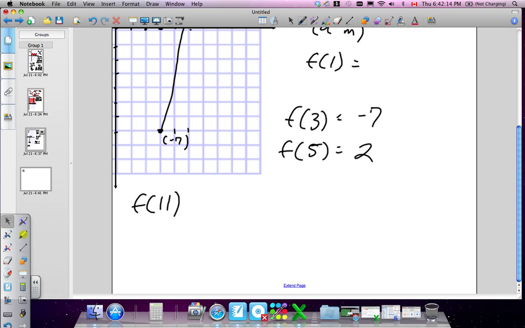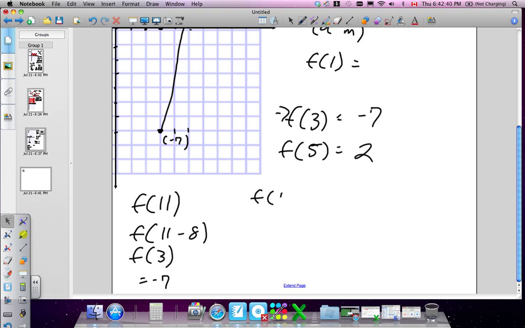Now, because 11 is higher than both 3 and 5, we have to take them off of 11, right? So first off, if I subtract 8 from 11, that would be an entire period, right? 11 minus 8, that's 3. That would give us f at 3. And we know from our rule, f at 3 is going to be what? So we know we're at negative 7. Okay. Next one says f at